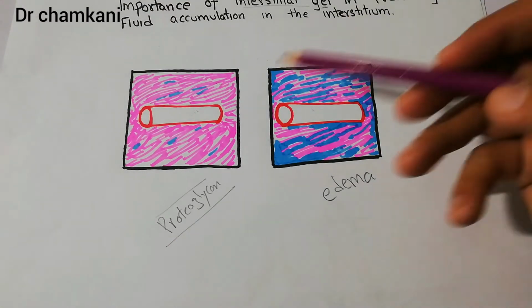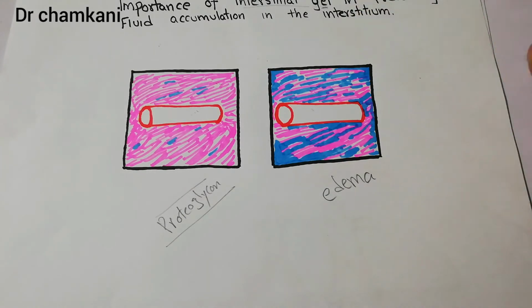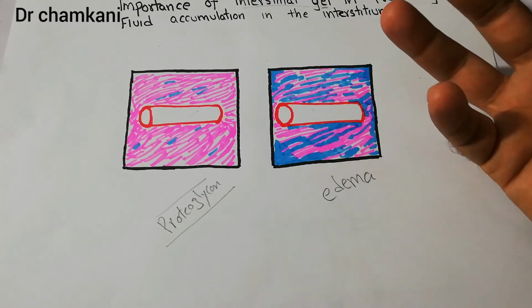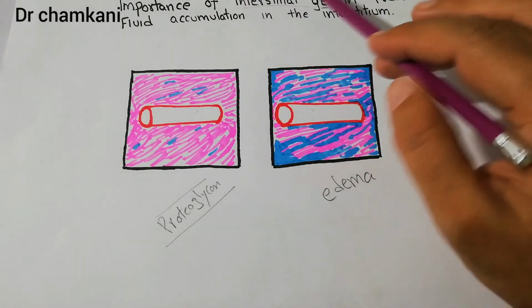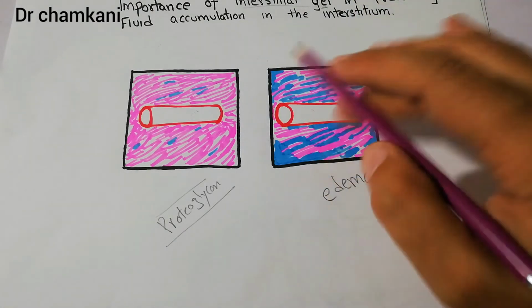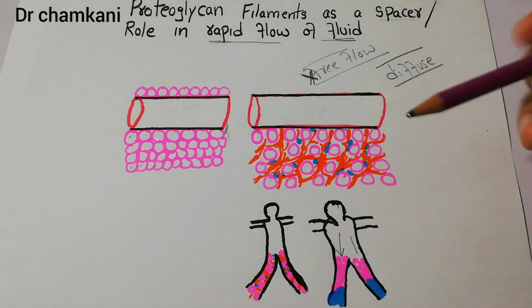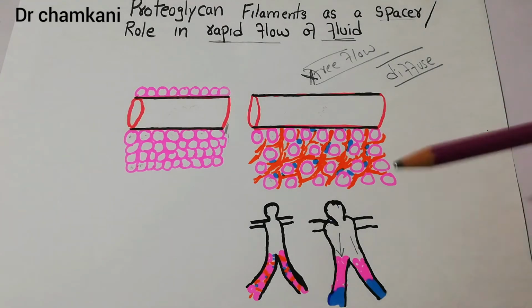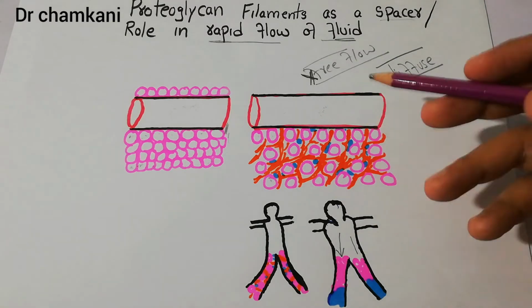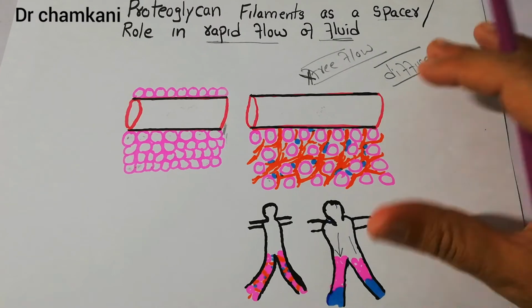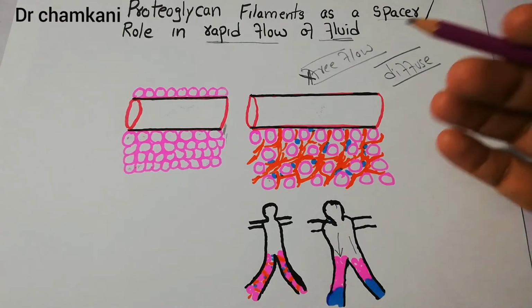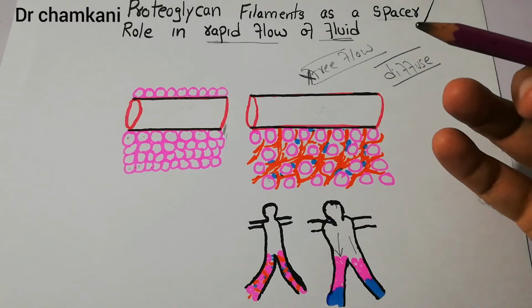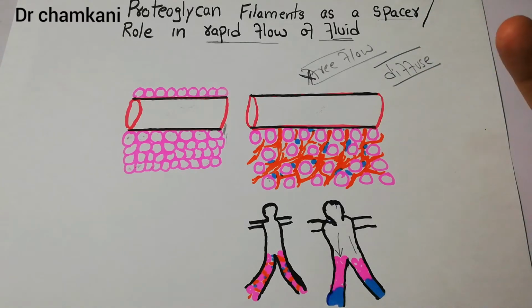Now, when there is an increase in the interstitial fluid pressure, or suppose there is an increase in the filtration, and there is collection of a lot of fluid in the interstitium, and the interstitial gel form is lost, then edema occurs. And in such a condition, when the patient raises their legs, then the edema can decrease and the fluid can come down. This is because when the interstitial gel form is destroyed or disrupted, then the free movement of the fluid occurs, which basically leads to edema, which occurs in a lot of circumstances,